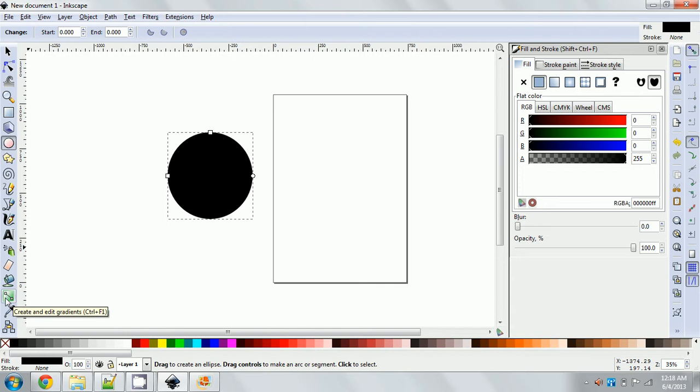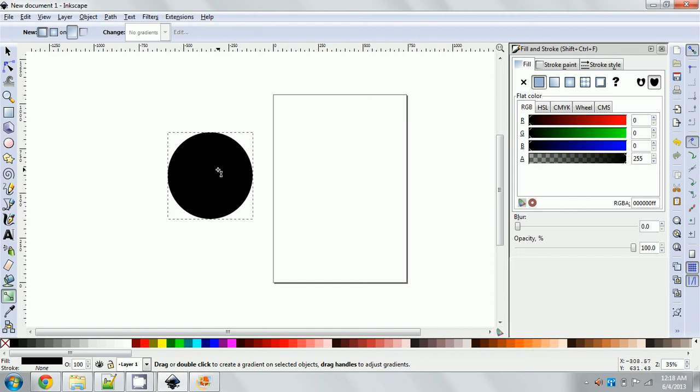I don't know if you'd say it was harder, but it's different than using Adobe Illustrator. It involves a lot of gradients. But I'm going to show you how to make some basic 3D shapes real quick, and then we'll take it from there. So I just chose my gradient